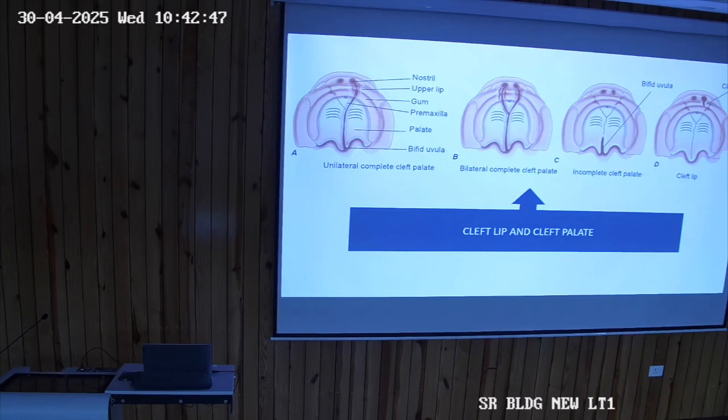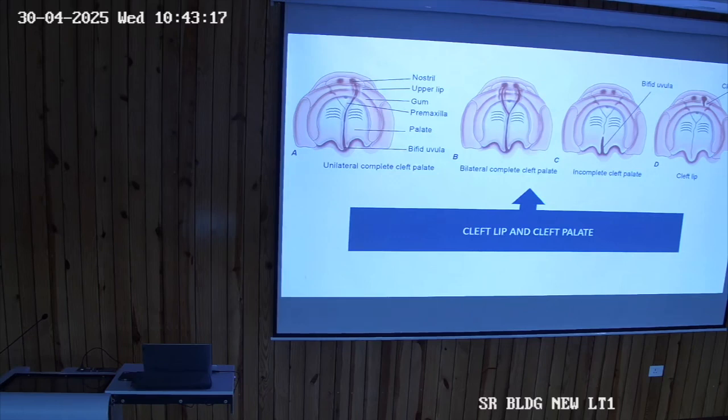Yes, what do you say? Yes, between two medial nasal processes in the intermaxillary segment. So there is non-fusion. The intermaxillary segment is formed because of fusion of the medial nasal processes. इसको hair lip भी बोलते हैं because, like the lip of a hare, there is again a split. That is why this defect, cleft lip, is also known as hair lip defect.